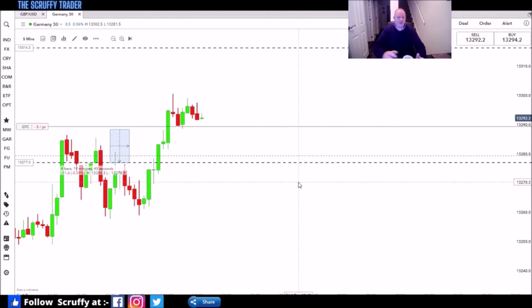And what I'm going to do now, if you saw the other video, you'll see if it doesn't enter, I will follow the price up as long as it stays between these two lines, because that is my trading arena, if you like. I've set a dedicated area where I believe the price will stay or at least react, and it's going to be here. Now it's moved up into the midpoint and it's pushing down. It is failing to get this. So in order for that order to trigger,